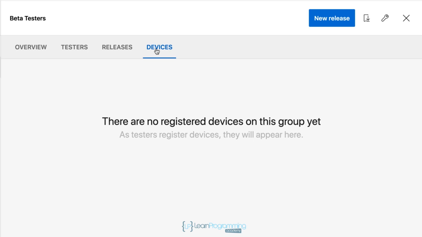But here, all of those registered devices are going to appear. So the process is going to be our beta testers receiving an invitation to download our application. And when they accept the invitation, they will have to add some other thing to their iOS devices. We're of course going to take a closer look at that when the time comes. For now, at that point, when they download that profile that App Center is going to give them, their devices get registered directly with their Apple accounts, and they will appear in here. So this tab right here is